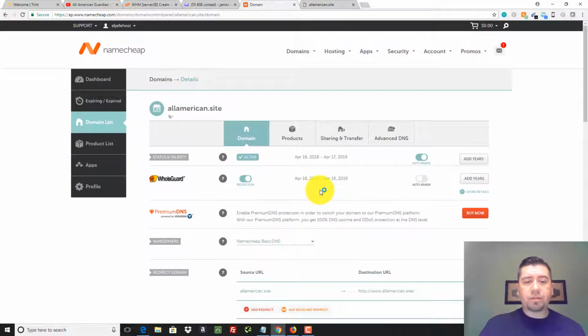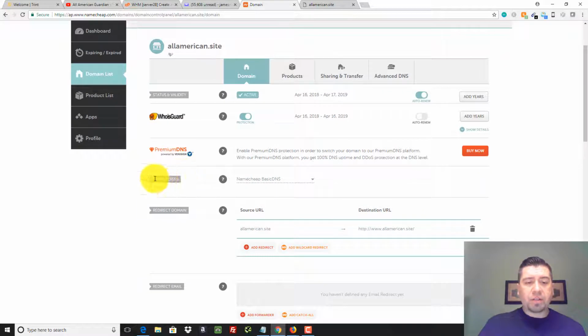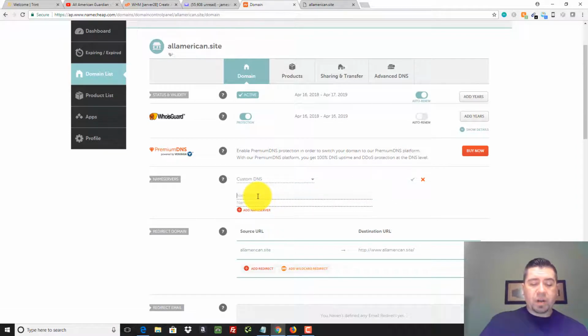Okay, so once we're in here, we're going to go right down here to this section that says Name Servers. And right here, there's a drop-down arrow, and we're going to click on Custom DNS. That stands for Domain Name Servers. Okay, so right here is where we'll put